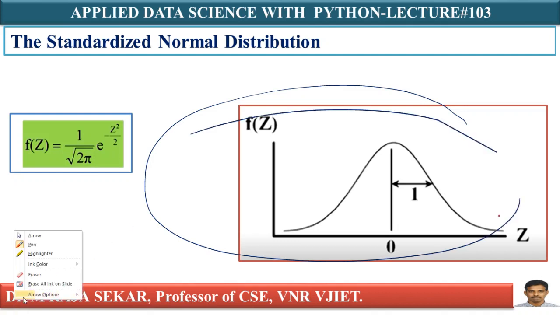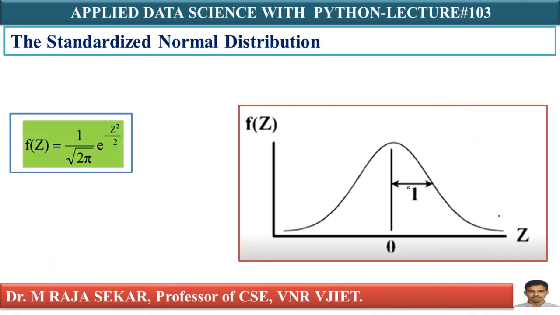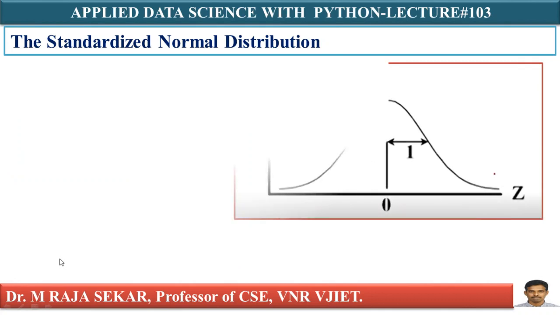This is the curve of standardized normal distribution. As I told you, mu is 0 for standardized normal distribution, this is the mean, isn't it? And this is sigma, and sigma is 1. Therefore, this curve represents the probability density function f of z. This is f of z, the probability density function, and this is z. If you plot a curve between z and f of z, you will get this one. As I told you earlier, mean mu equal to 0 and standard deviation equal to 1. It's nothing more than that.